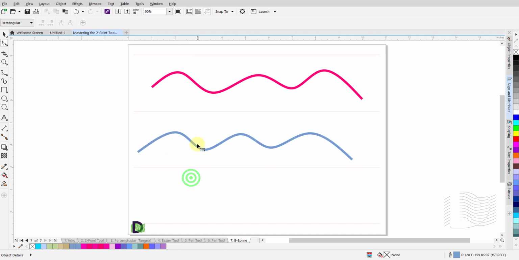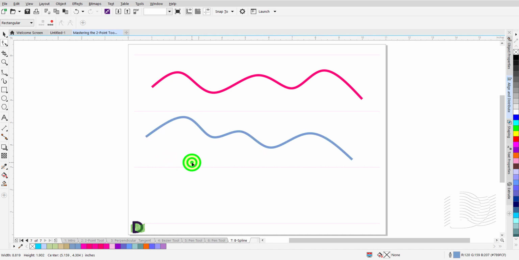You can select more than one control point and move them collectively. With the Shape tool selected, left-click on one control point. Then hold the Shift key down and click on all the points you want to select. Release the Shift key as well as the left mouse key when done. Now use the Shape tool to move these selected control points to their new location.